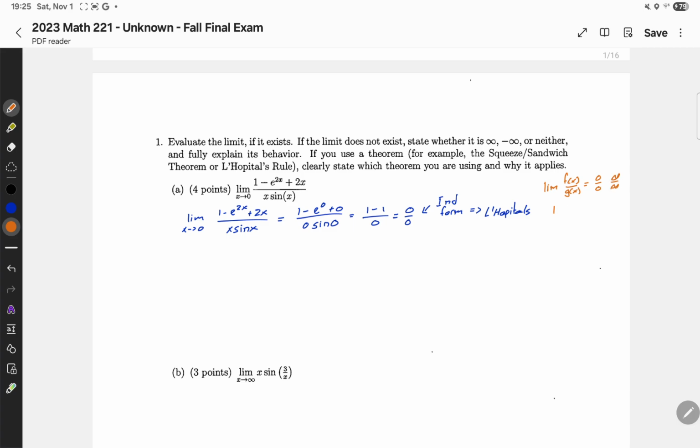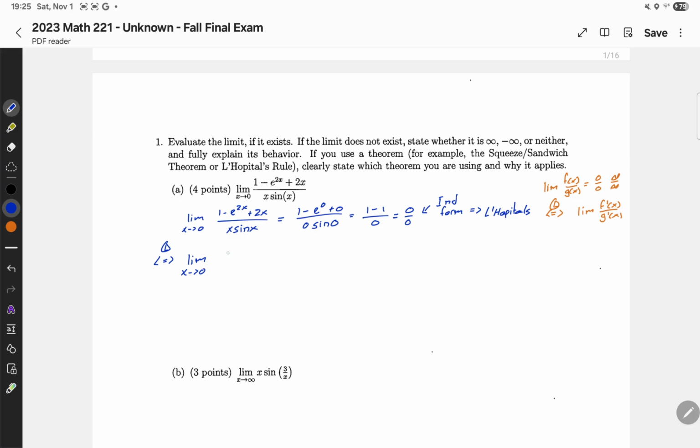With L'Hopital's, we can rewrite it as the limit of f prime of x over g prime of x. Hopefully that makes it a bit simpler. For right now, I'll indicate this with a little equivalence and an L with a circle. So with this, we can rewrite our original limit as equivalent to the limit as x approaches 0 of